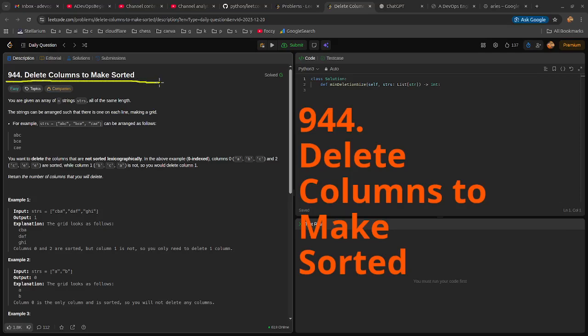Leetcode daily challenge. It is an easy problem today. 944. Delete the columns to make sorted. It is asking us to find out how many columns are not sorted. For this given array,